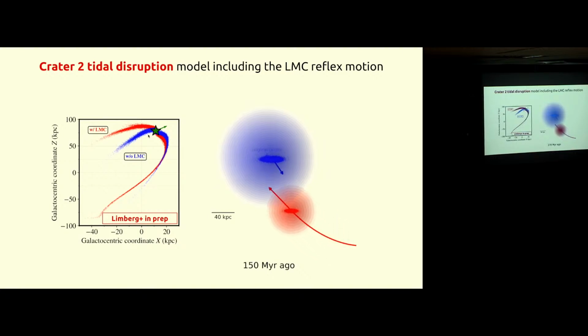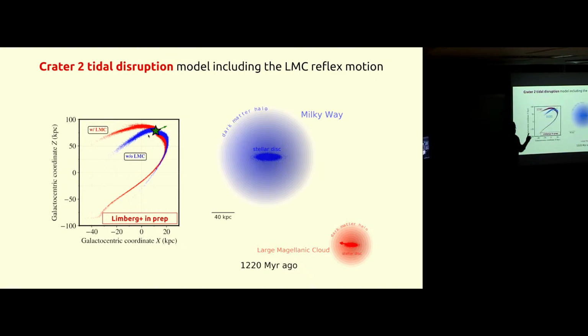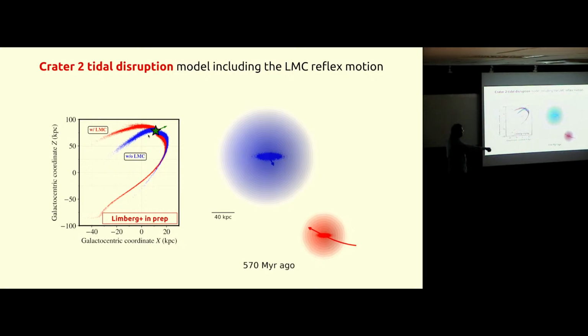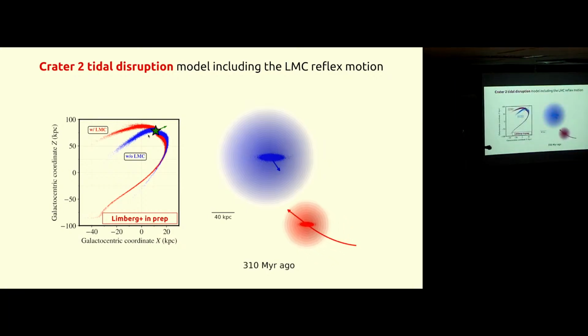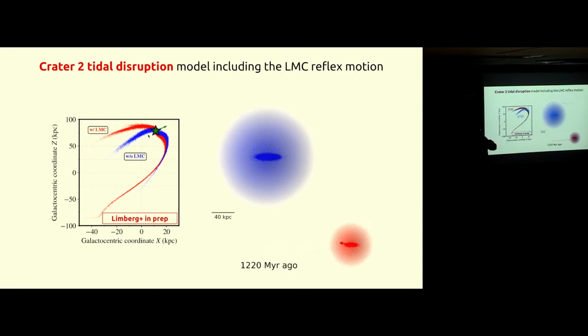And the reason for this is not because the LMC is perturbing the orbital history of this galaxy, because this galaxy really is very far away from the LMC. It doesn't even get close to the LMC. But what is happening is that in the interaction between the LMC in red right here and the Milky Way in blue right here, because the LMC is so massive, the LMC and the Milky Way are really orbiting the barycenter instead of the LMC orbiting the Milky Way.